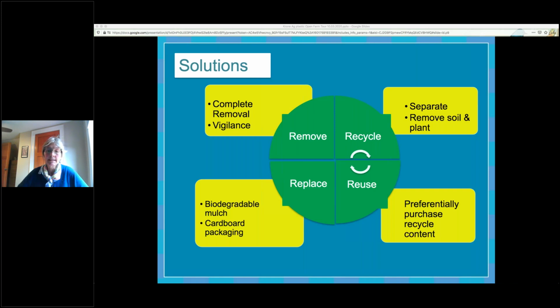In order to recycle that plastic, there are two things that are really important. One is that the soil and plant material is removed from the plastic before it goes to the recycler, both because it represents an extra cost in terms of transportation, and also because it's very difficult to remove the soil and plant material from the plastic at the recycler. It's best to do as much as possible on the field site.